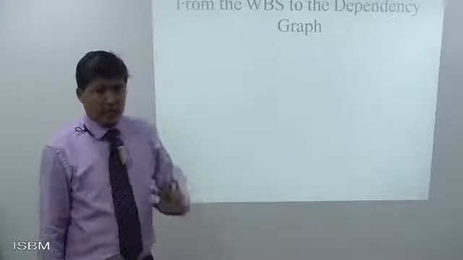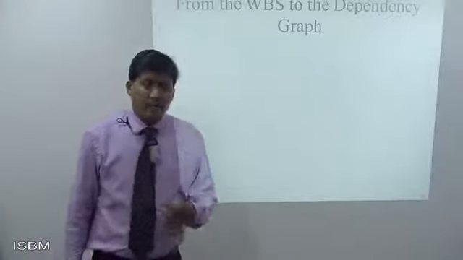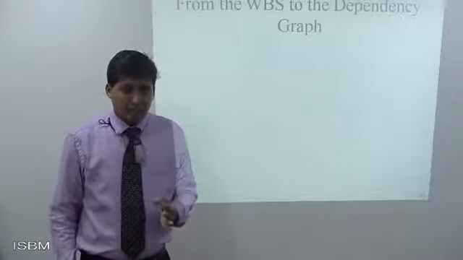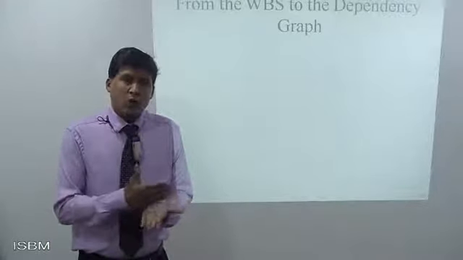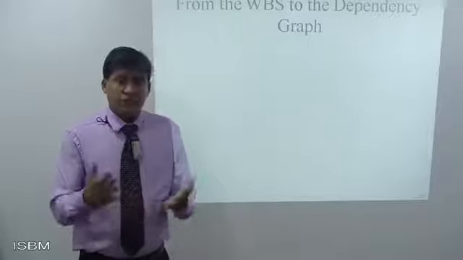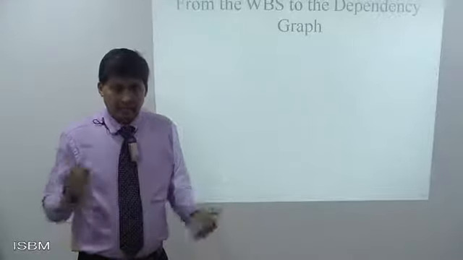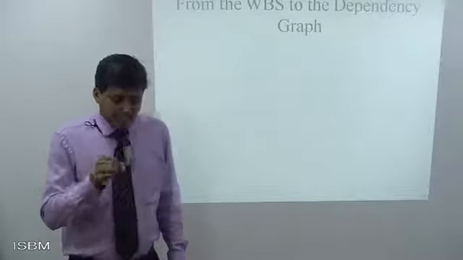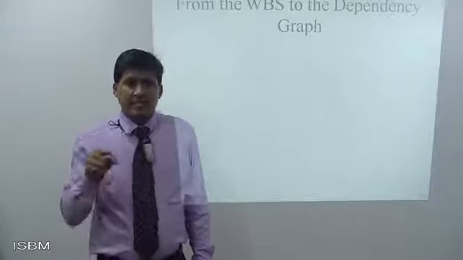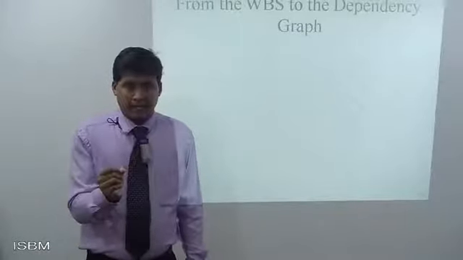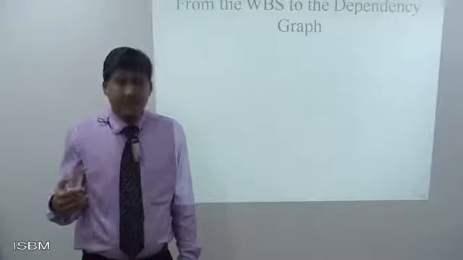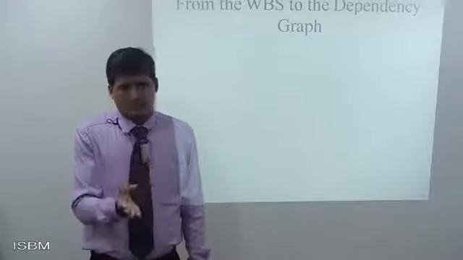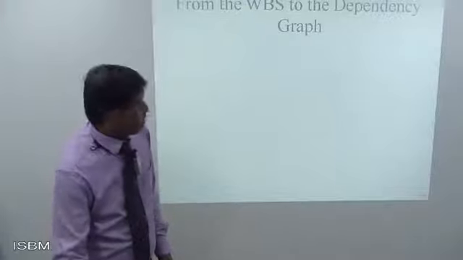Let's look into the dependency graph. Now we have mentioned in an earlier slide that the dependency graph is based on the fact that you cannot do all activities together, and hence it is always mentioned when you are planning and routing the activity that this has to be preceded by something. That means there is an actual flow when it comes to prioritization. This should come after this, and that's where dependency comes in.